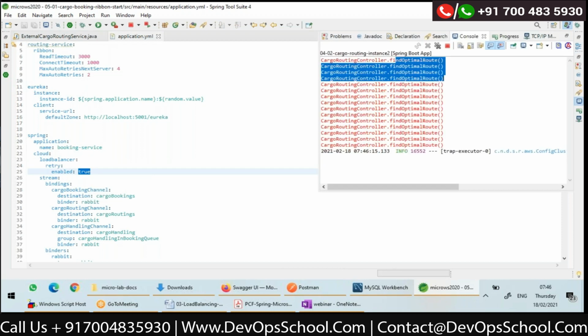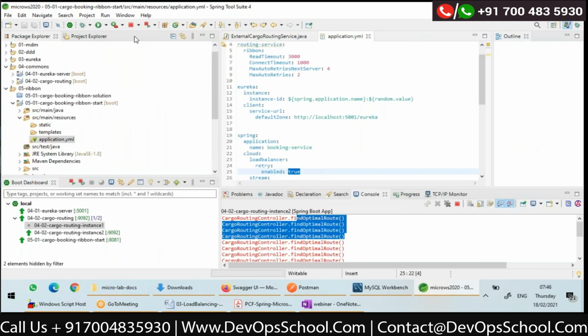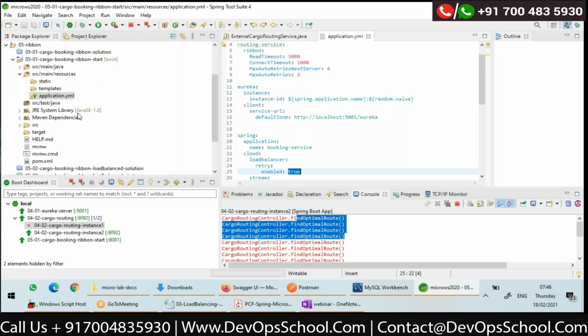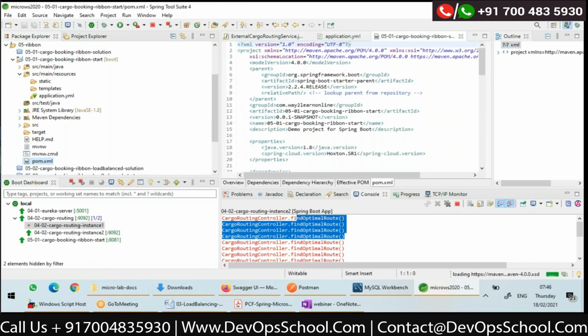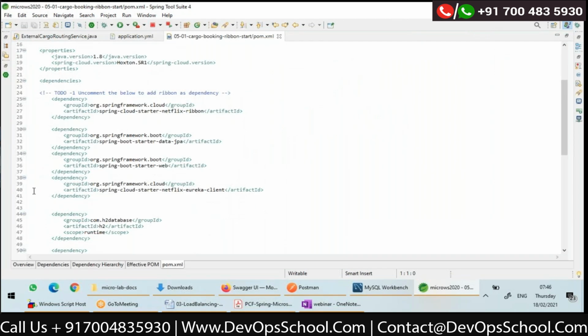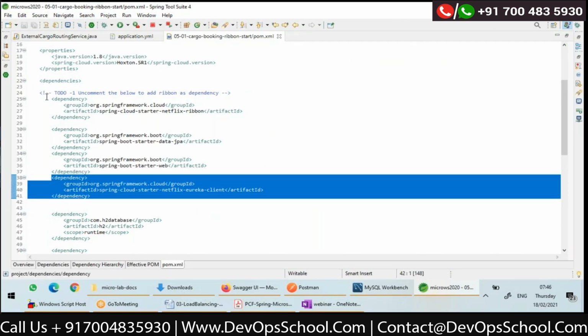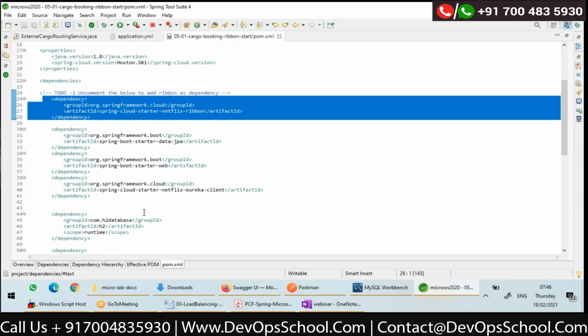But one important thing to understand: if you want retries to work, just adding Ribbon will not be sufficient. Internally, Ribbon uses a library called Spring Retry. So you need to make sure that Spring Retry is there in the POM. If I just open the pom.xml, see here, I have added Eureka client and Ribbon. But did I add